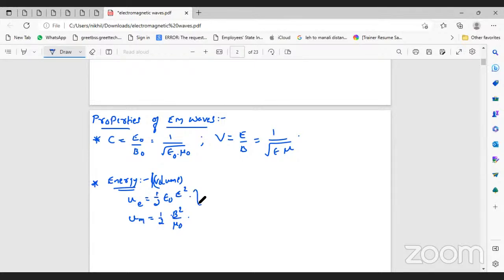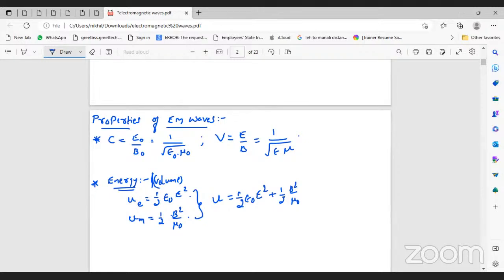Therefore, you can find the total energy of the electromagnetic wave, that is half times epsilon naught into E squared plus half times B squared divided by mu naught. So that is the total energy in the case of